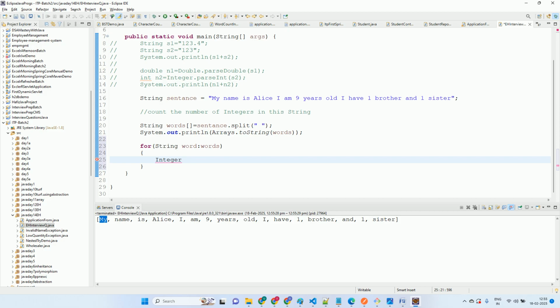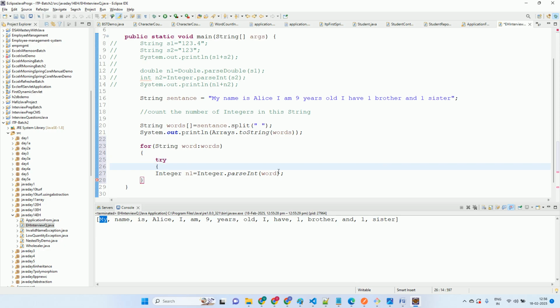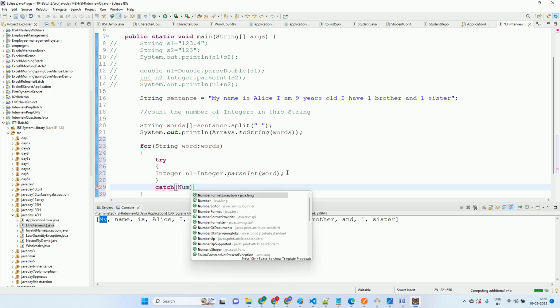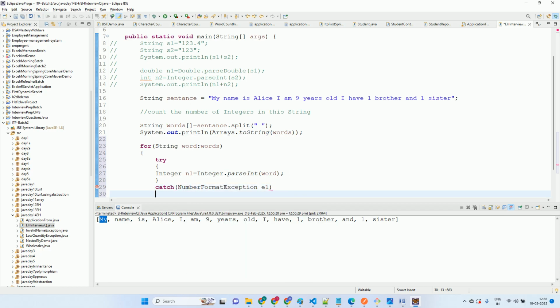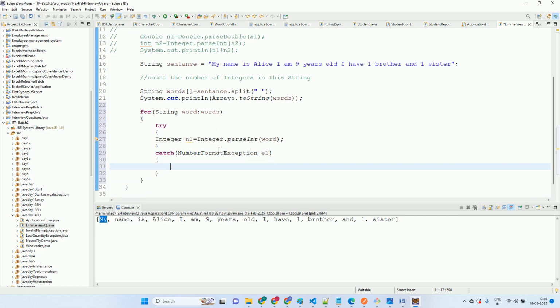Will throw an exception? So I will put a try. कि भाई ये कोड मॉनिटर हो रहा है. अगर इसने थ्रो कर दिया एक्सेप्शन तो किसमें जाएगा? कैच में जाएगा. कौन सा एक्सेप्शन आ रहा है? तो यहाँ आ जाएगा. ठीक है. फिर नेक्स्ट नंबर लेगा वो. फिर क्या आएगा? नेम. नेम को कन्वर्ट कर सकते क्या n1 में? तो थ्रो करेगा नंबर फॉर्मेट. उसको कैच करेंगे. कुछ नहीं कर रहे. थर्ड कौन सा है? इज सब कुछ है ना. फिर एक इंटीजर वेरिएबल